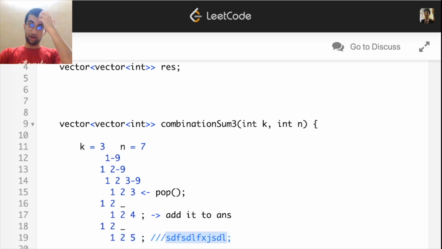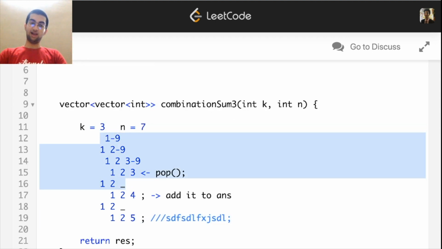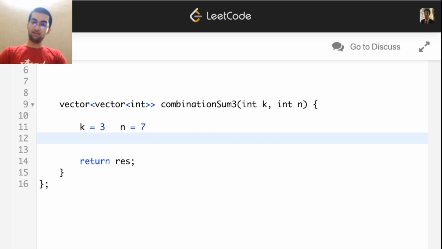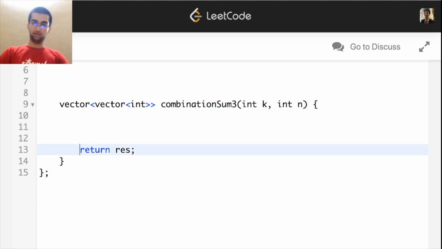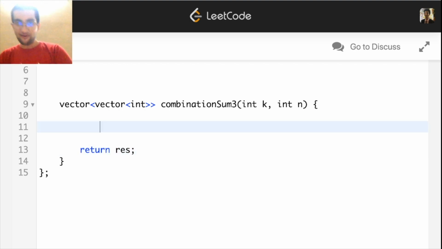Okay, so pick one number and then try to pick the next number. If that next number was not successful, pop that next number and pick another next number. Basically at every step, k steps, we are just going to check, can I pick this number? Pick it, go ahead. So we are creating the recursion tree.